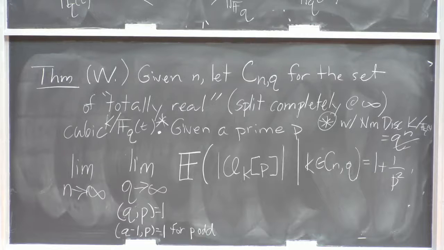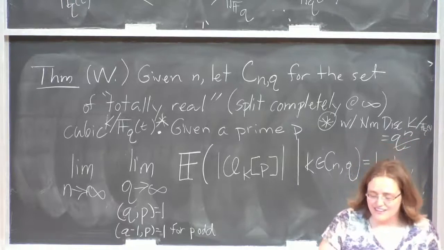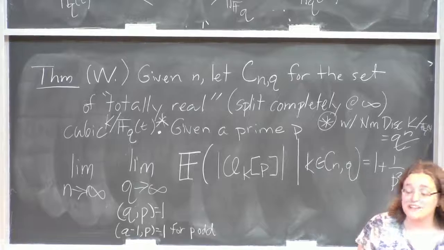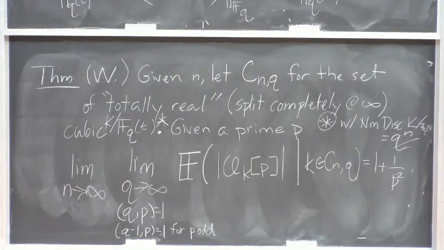So this now is a theorem that sees something about the function field setting, that is about this first moment here, that looks like all the primes, the 2-part, the 3-part, the 5-part, they all follow this pattern,